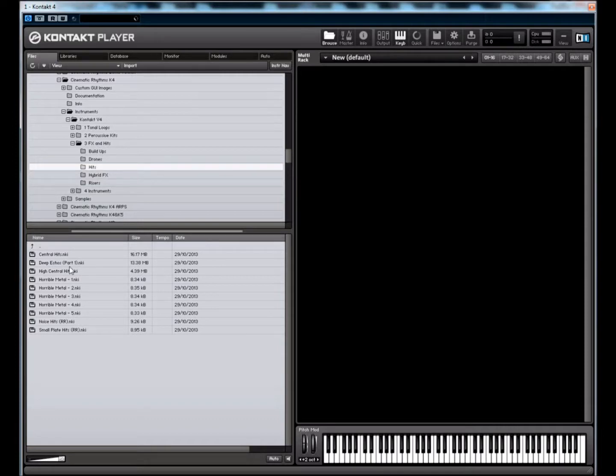Okay, we've got the hits, essential hits. These include booms and little high shooshes, which will give it that really horrid, nasty feeling, that really sound designy, cinematic, scary feeling. And you got deep echoes, which sound like a cave, something getting hit in a cave, which is actually a warehouse. High central hits, they are like screamy sounds, like really high sounds that sound really